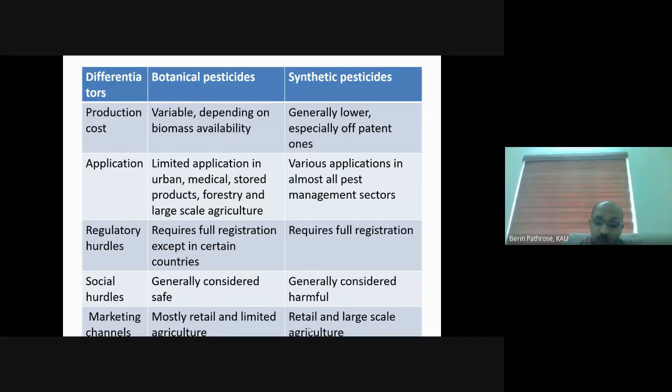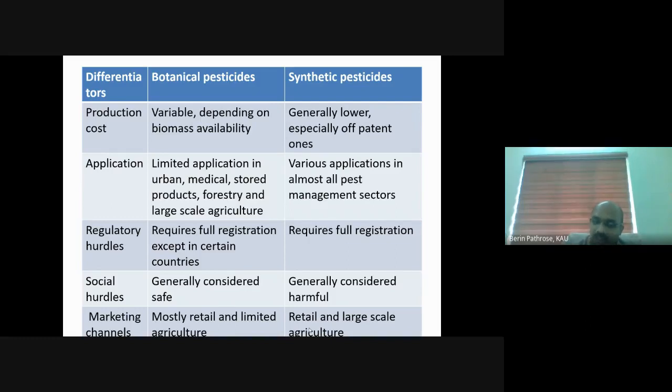And regulatory hurdles, how to register a pesticide. For synthetic pesticides and botanical pesticides, the registration requirements are almost the same. Though we say that botanical pesticides are relatively safe, they require full regulatory requirements compared to synthetic pesticides. And social hurdles, I would say most people consider botanical pesticides as safe and synthetic pesticides as harmful. But I took the example of neem, which is harming natural enemies. People don't understand that neem can have some adverse effect on natural enemies, but people usually consider it as a